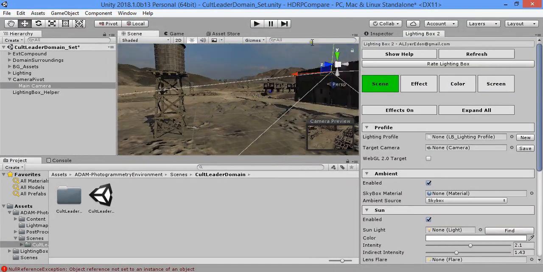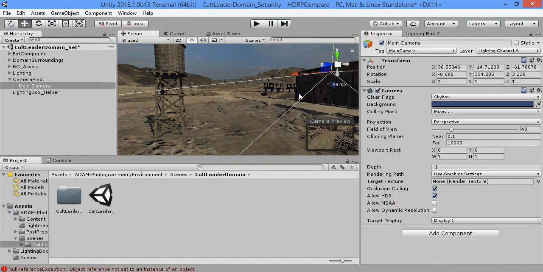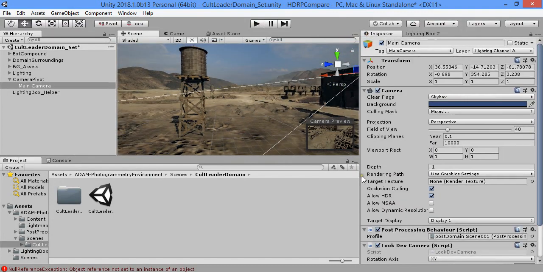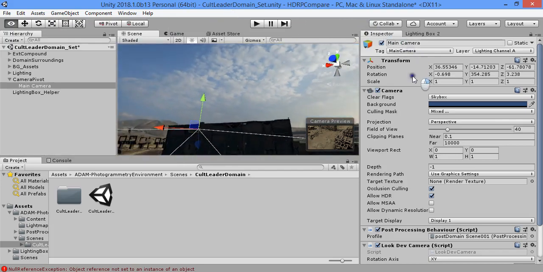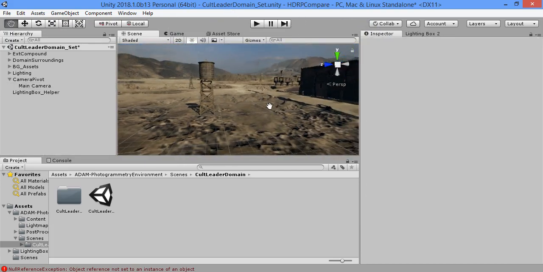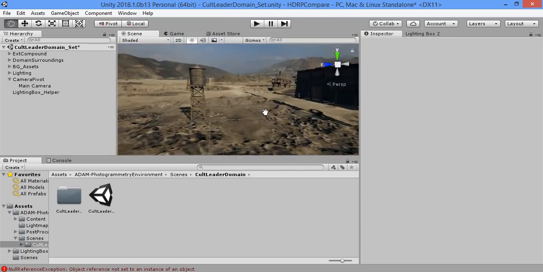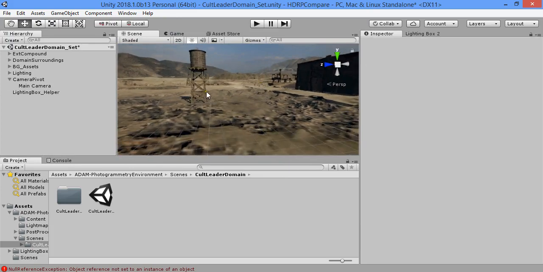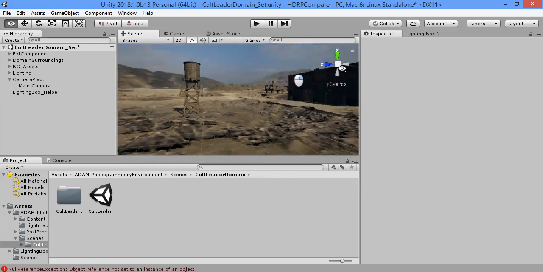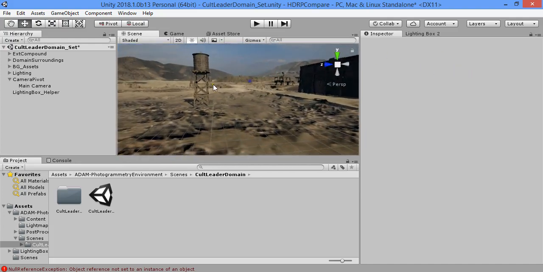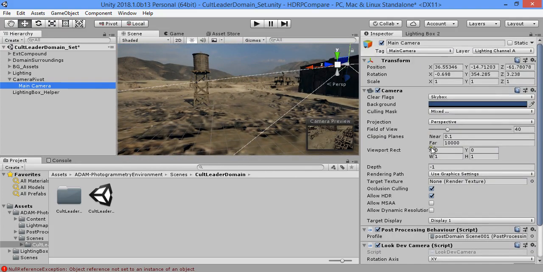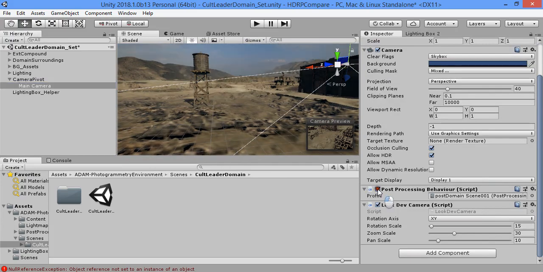Okay, I want to show you how to configure scene lighting and post-processing for the Adam new sample. As you can see, this sample has post-processing,